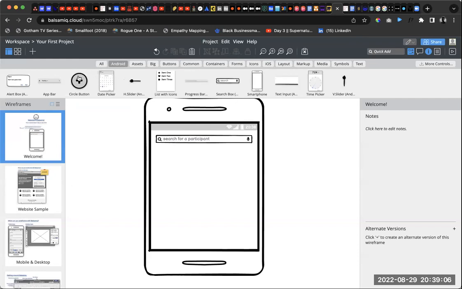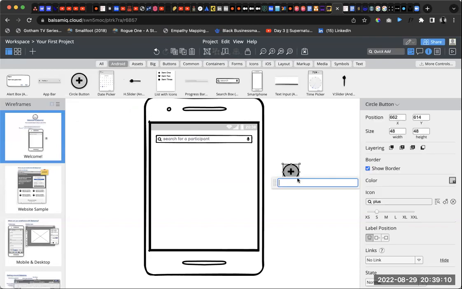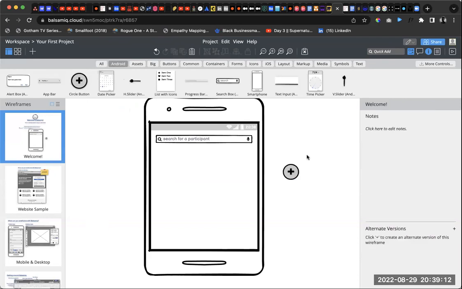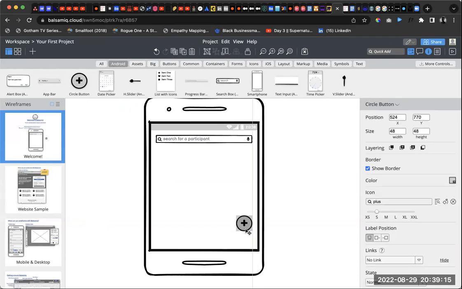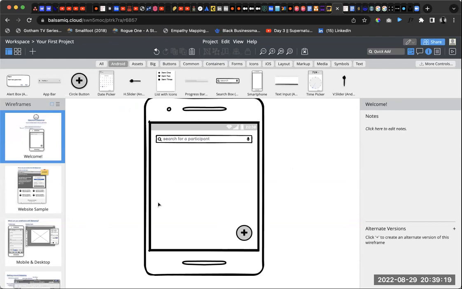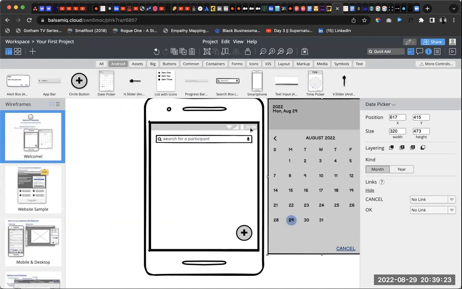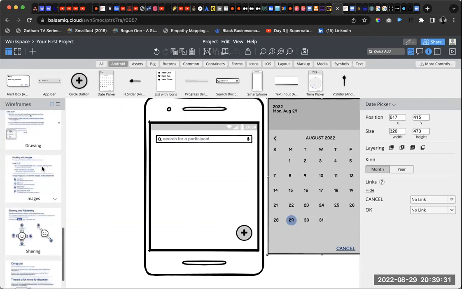So okay. Now if you remember your WhatsApp status icon, let's do it that way. The status icon you can see here, you can illustrate this. Okay, when I click on this, it creates something, an extra something for me there. You can put a date picker and amazing stuff like that. So Balsamiq is a very useful tool, not just for whiteboarding, but it's also used for creating low fidelity designs.